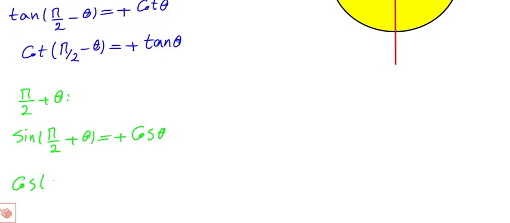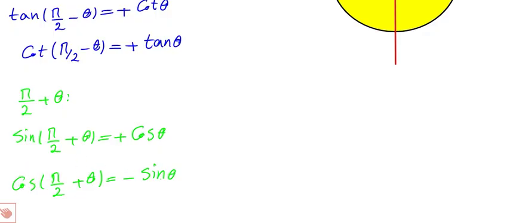And cosine of pi over 2 plus theta is negative sine of theta, because cosine in the second quadrant is negative, and pi over 2 acts like acid, so